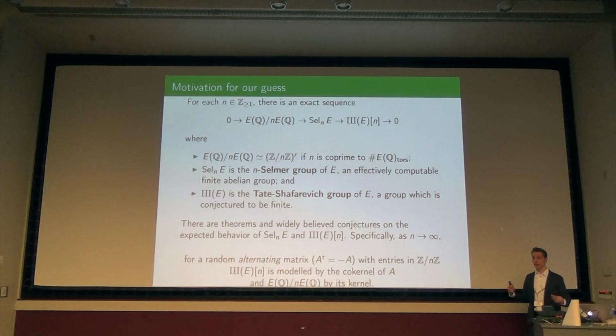There's a massive amount of work that's gone into making predictions for this. You might think about it in some coarse ways like generators and relations, but they respect an alternating pairing. The thing to take away here is that somehow this group is measured by the kernel of a random skew-symmetric matrix with entries in Z/nZ. And if you were to let n be a prime power, there really will be some heuristics and theorems in this thing. Can I ask what the size of A is?